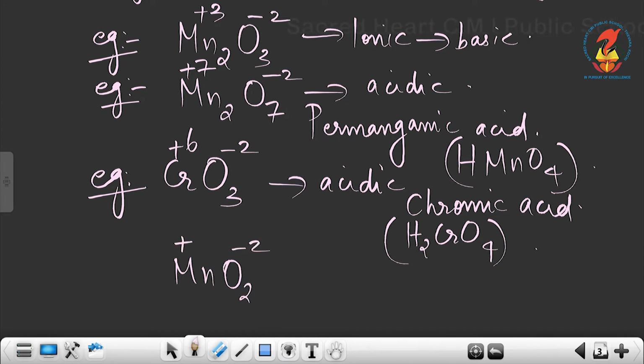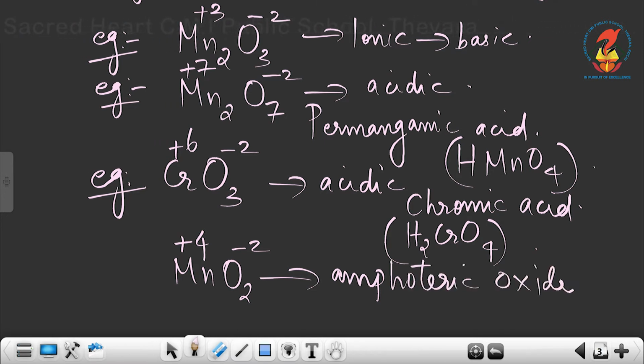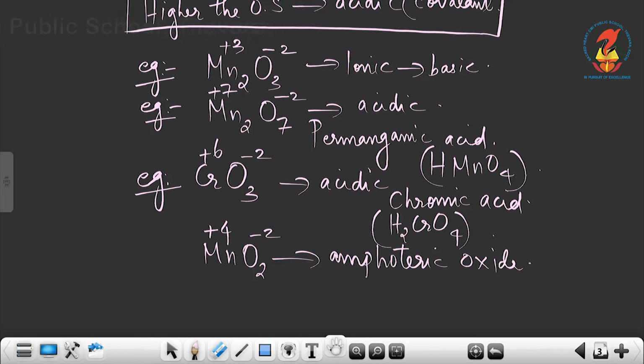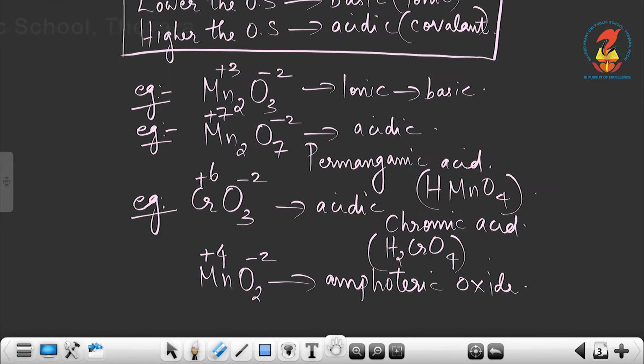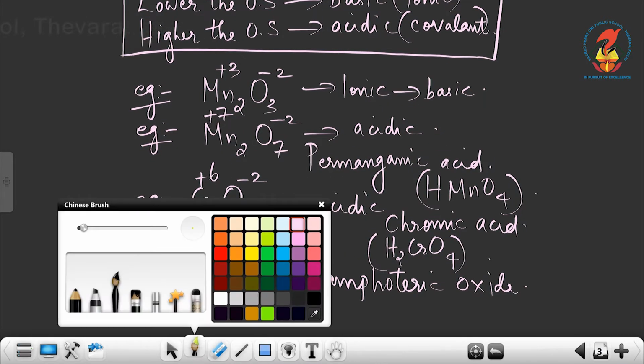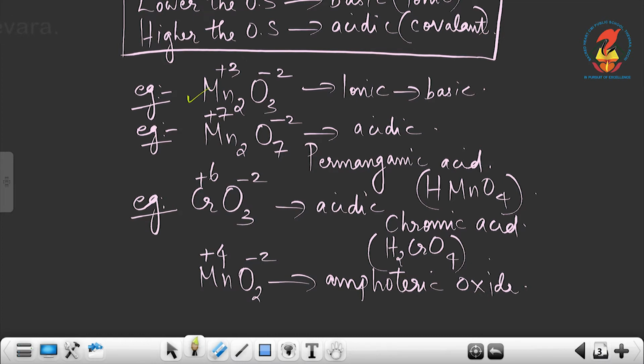MnO2, where manganese takes +4 oxidation state. This is an example of an amphoteric oxide of manganese, that is, an intermediate oxidation state. So you have to study one example each for acidic oxide, basic oxide and amphoteric oxide of manganese. For basic oxide of manganese we have the example Mn2O3, for acidic oxide we have Mn2O7, and for amphoteric oxide MnO2 of